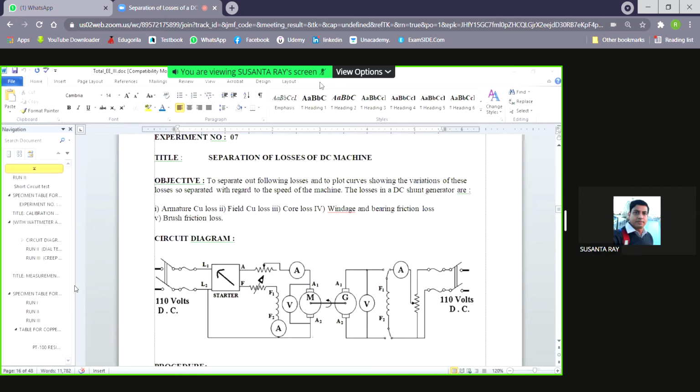Can you tell me what is windage and bearing friction loss as given in that fourth point? No, sir. You are in third year. You should know this. You are already studying Machine 3 in this semester. If you don't know what is windage bearing friction loss,